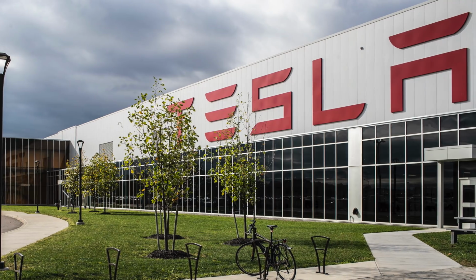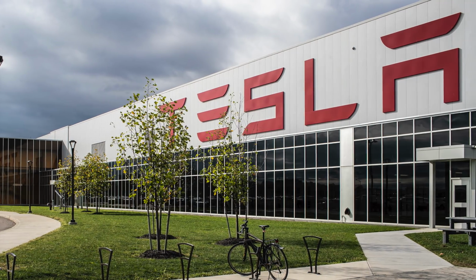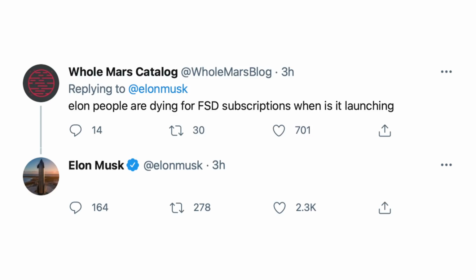All right, I think that wraps up the around the world news. Let's now move into a couple of product updates. The first here on full self-driving. Of course, Elon has talked about a subscription coming soon for a long time. Elon today provided an update on that on Twitter in response to Holmar's asking about the timeline, and he said